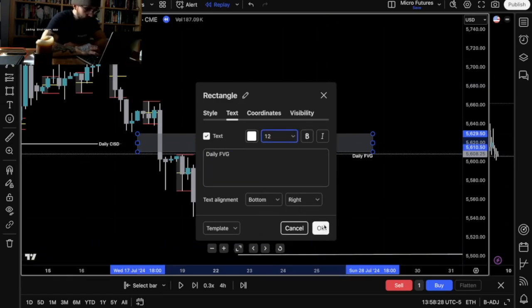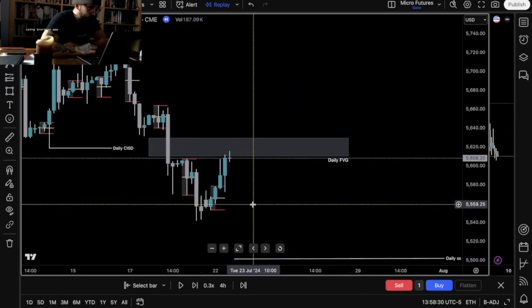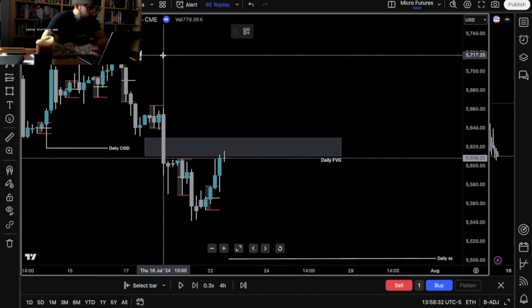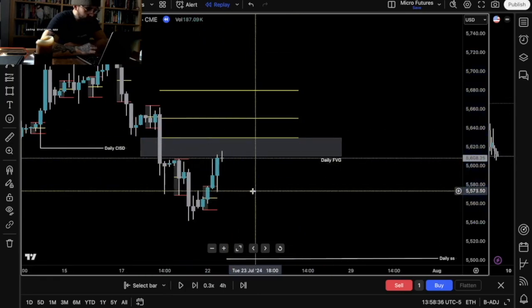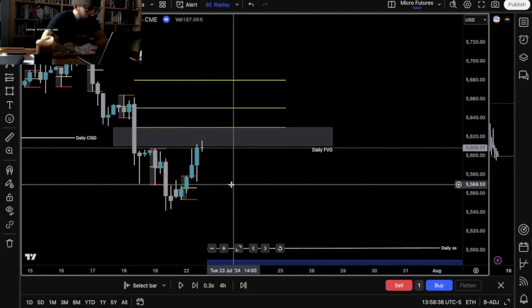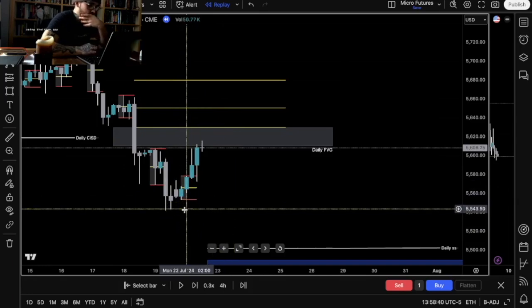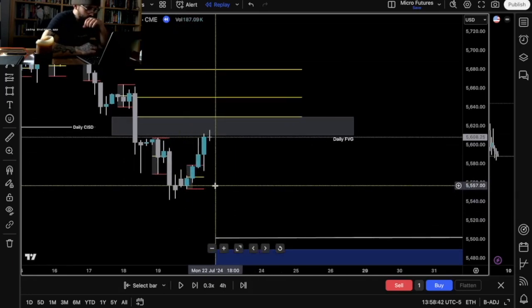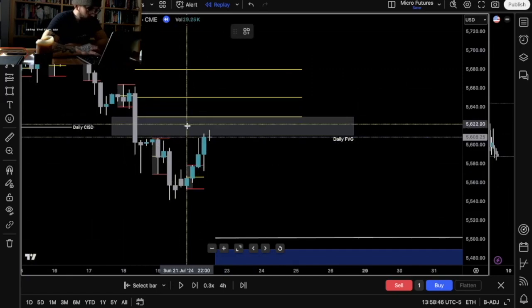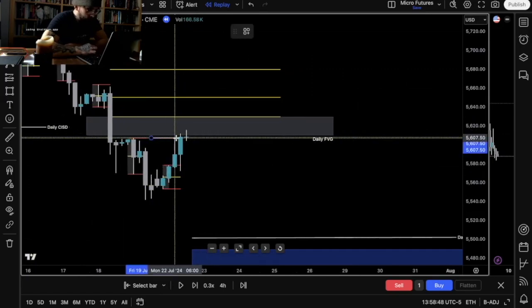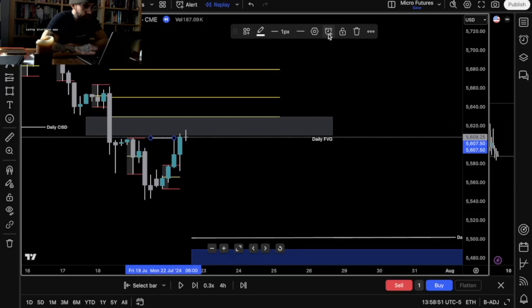Cool. Right, and then if we draw that daily fib, coming right down, it's a perfect entry. We have some generated sell side, and then we also have an internal model playing out right here. Right, so when we line up